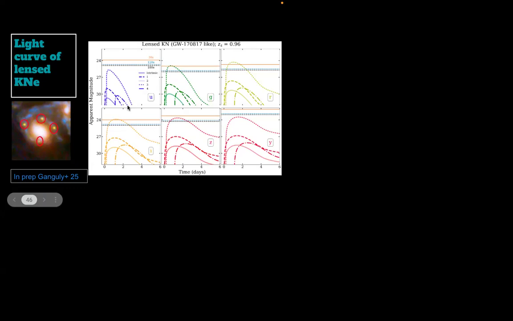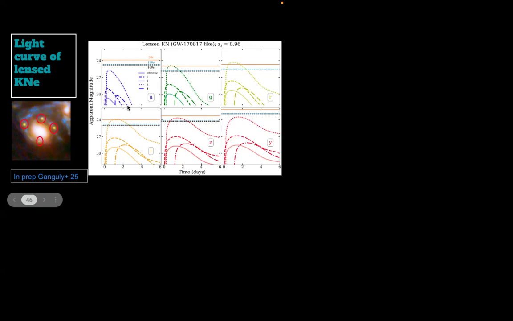What you are seeing are the different filters of LSST, and this solid line is the intrinsic magnitude. You see that the intrinsic magnitude is very low, around 30, because it is a very high redshift image. But for the second and the third image, the magnification is so high that it pushes the light curve to around the observable limit of LSST. The other thing is that the time delays between these images are also very small. But again, if the time delay is very small, it makes it harder to do a Hubble constant estimate. But that's a different thing.